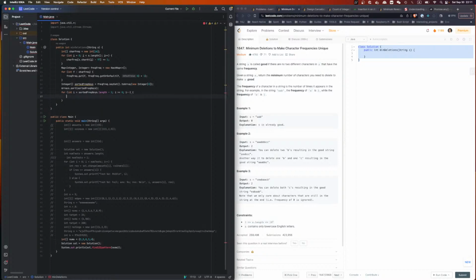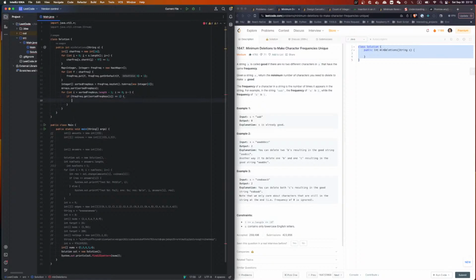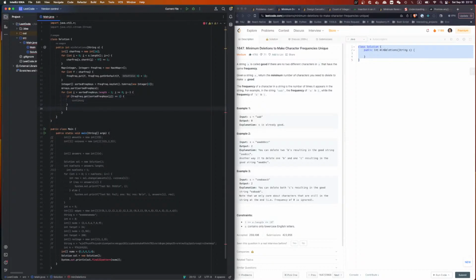And for each one we say if frequency.get(sorted[i]), if that is equal to 1, continue. We're good with that. Now if it's not equal to 1,